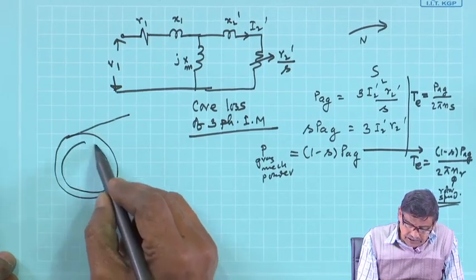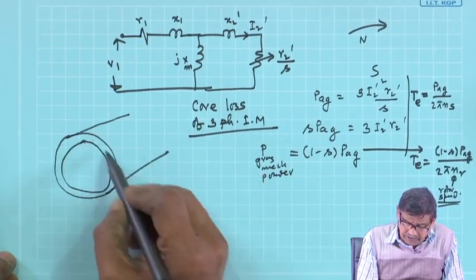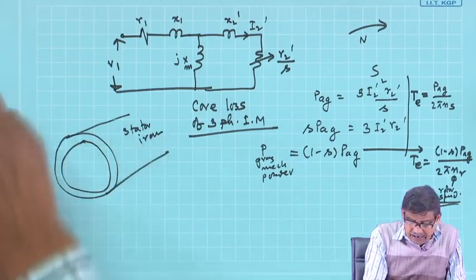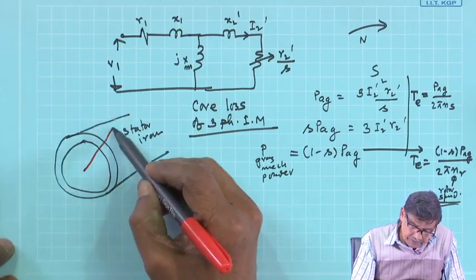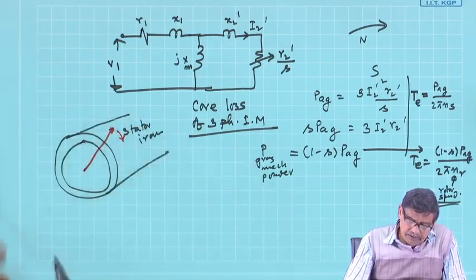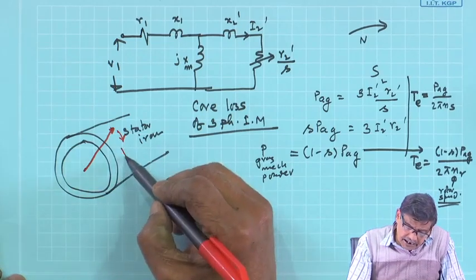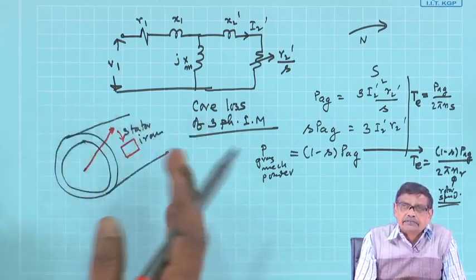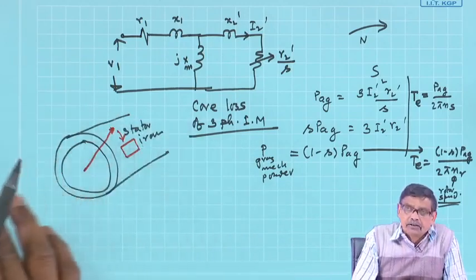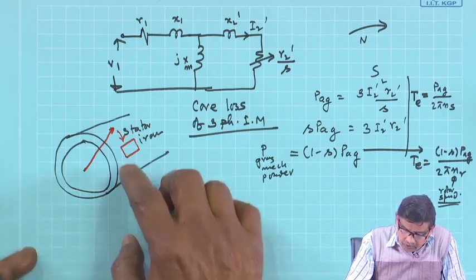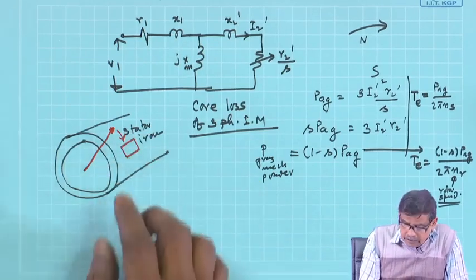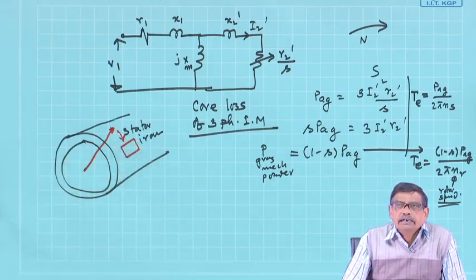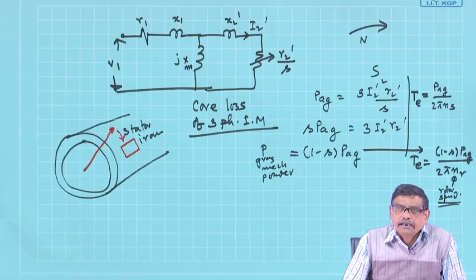I am not drawing these slots, conductors are here, stator iron, and here is a rotating magnetic field, it moves. Therefore, if you consider any conceivable closed path on the stator iron surface or inside the stator iron, with time this loop will see a rate of change of flux linkage,